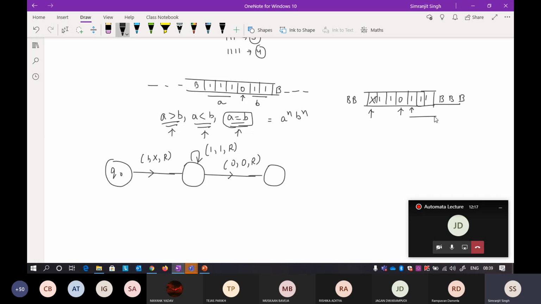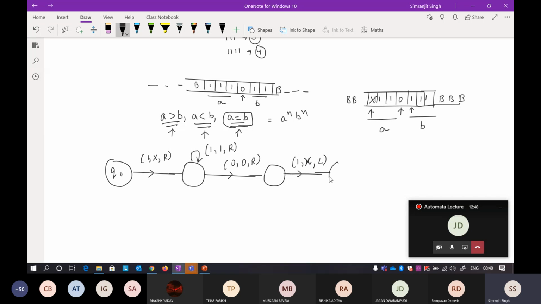Now this is the starting of your B, and this was your A. So what can you do here? Now you can mark this one as X and start moving left. If after the 0 you get a 1, you mark this one as X. I'm marking it as X, it's the same. Then I'll start moving left.